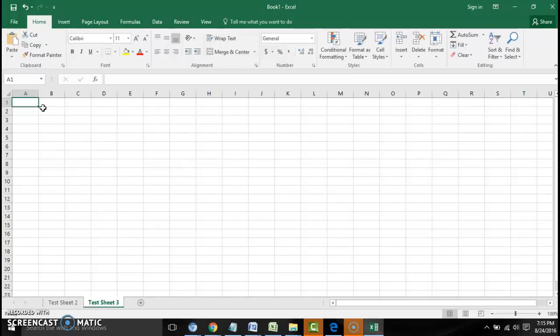Columns are assigned alphabetically, and rows are assigned numerically. Columns are referenced from A to Z, continuing from AA to AZ, and then from BA to BZ all the way until XFD, which is the last possible of 16,384 columns. As I mentioned before, rows have numeric headings ranging from 1 to 1,048,576. So depending on how your screen resolution is, how your zoom settings are, will determine how many rows and how many columns are